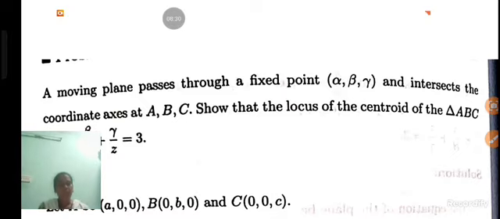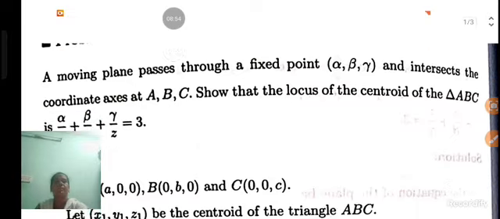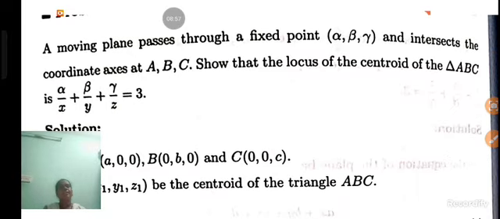The next problem is based on the locus of a centroid of a triangle formed by a moving plane. The problem: a moving plane passes through a fixed point (alpha, beta, gamma) and intersects the coordinate axes at A, B, C. Show that the locus of the centroid of the triangle ABC is alpha by x plus beta by y plus gamma by z